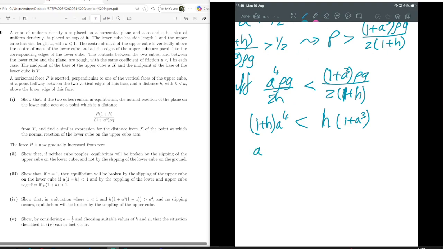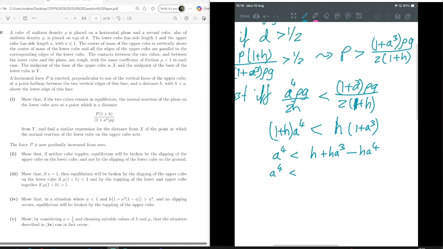So I can say A to the 4 is less than H plus HA cubed minus the HA to the 4, which was on the left, which I don't want there anymore. So A to the 4, and I should put in the if and only if conditions on each of these lines. So that's if and only if, and the way they've written it is they factored out the H, and they factor out the A cubed, 1 minus A,